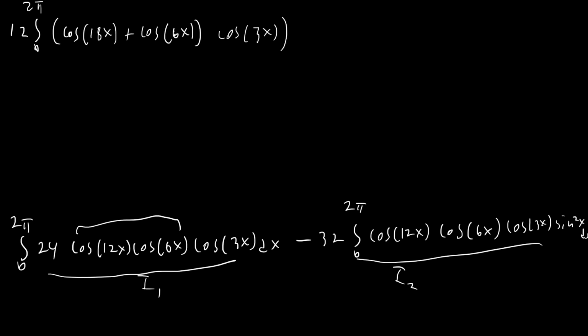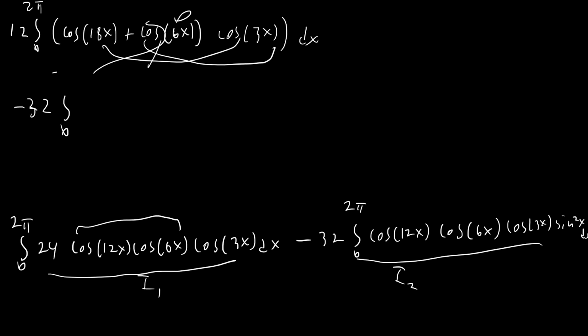And so the integral of cosine 6x times cosine 3x from 0 to pi should just go to 0, if I'm correct, because if we go ahead and expand those again, we're just going to end up with some other multiple of cosine, and so will this one. So this actually completely just goes to 0. So that's nice. So now we have negative 32 integral from 0 to 2 pi of cosine 12x,